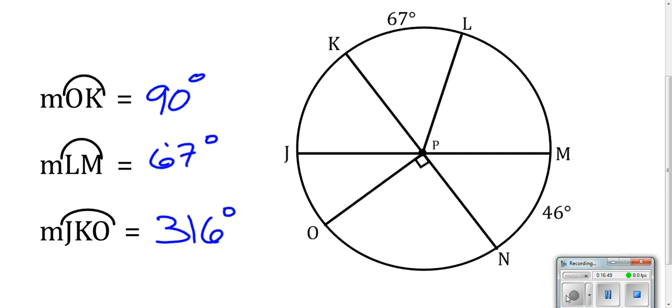The measure of arc OK is 90. The measure of arc LM is 67. And the measure of arc JKO is 316. Let's take a look at why. Let's start with OK. All right, so from here to here,